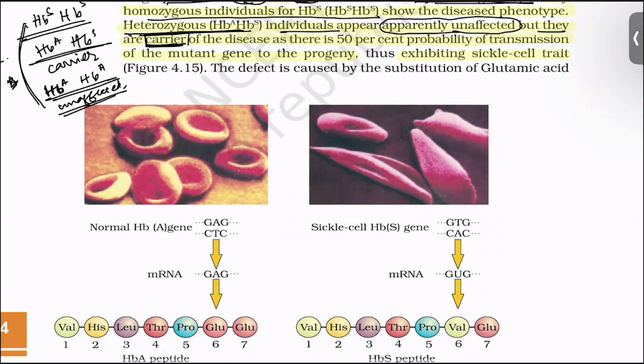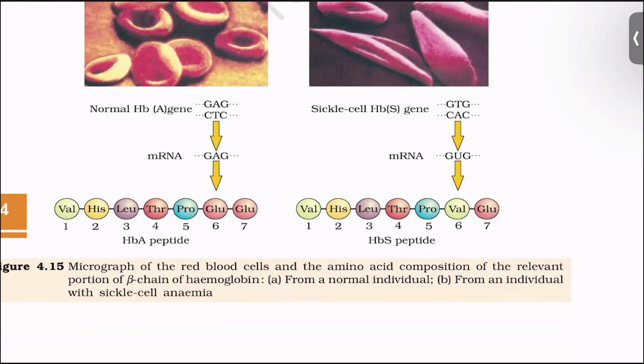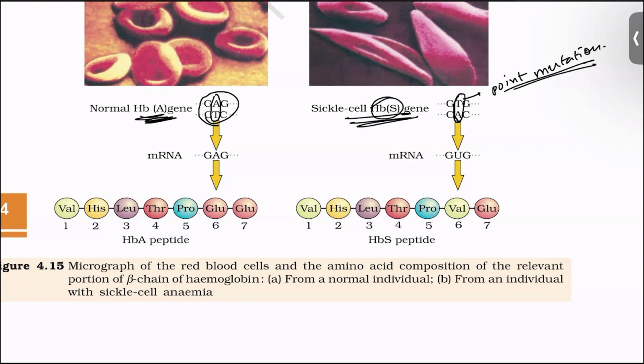What happens here is you can see that this is a normal HbA gene, but in sickle cell anemia there is a mutation in this part. See, this is a point mutation in a single base pair, and this is the sickle cell gene, the HbS gene. So the mRNA produced by the normal gene will have a GAG codon, but the mRNA produced by the sickle cell gene has a codon GUG,